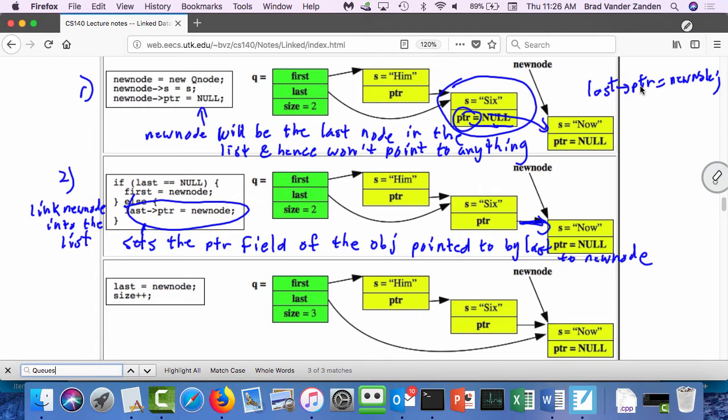Now, there is a special case. The special case occurs if previously the list was empty. If previously the list was empty, there is no last node. There can't be because the list was empty. Therefore, if the list is empty, last will be equal to null. So what this is effectively saying, if the list is empty,